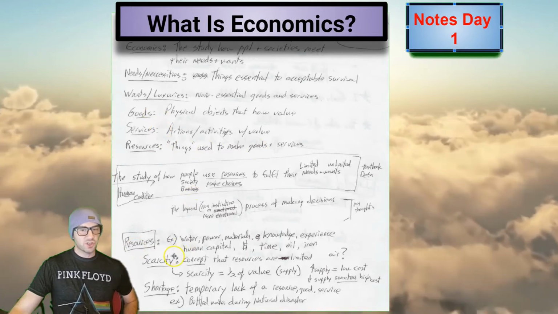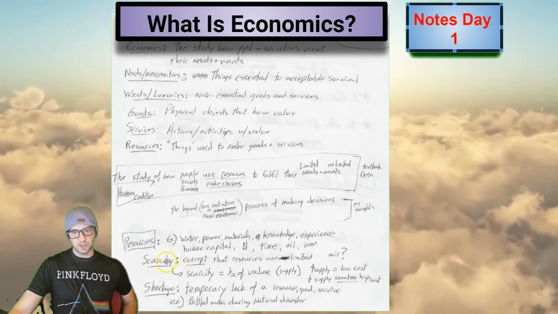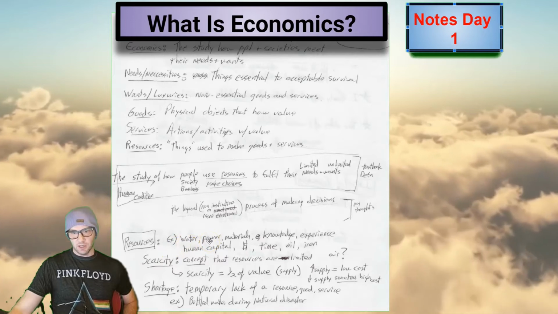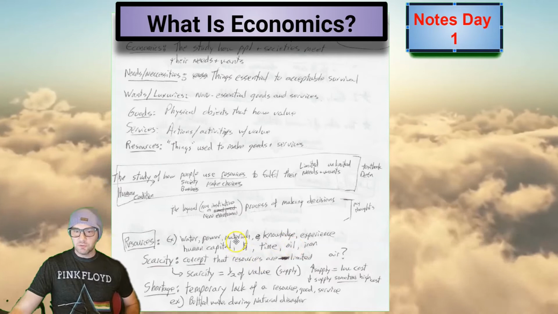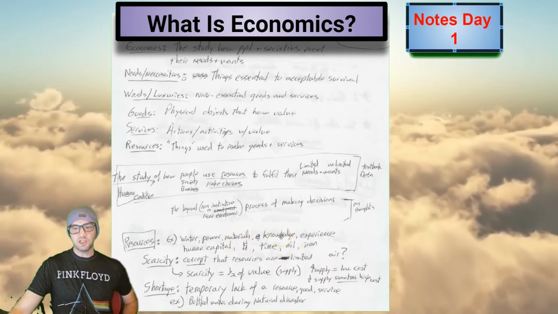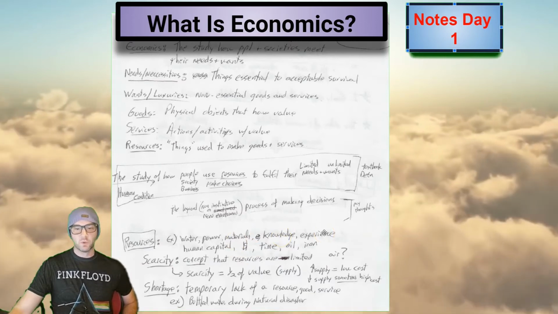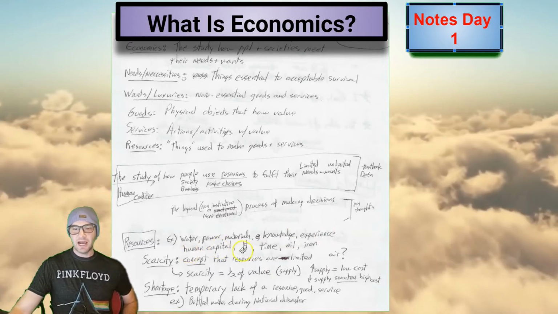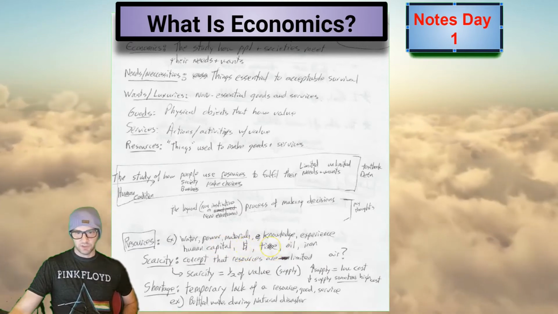For example, just think any raw material or anything used up in production of stuff, for example, water, or any of the power, electricity, any of the materials such as iron, such as oil. But don't just stick on the physical stuff as resources. Knowledge is a resource. You need knowledge to produce some things. Experience is a resource. Some specific words they use are human capital. Those are the workers, okay? Time and money are resources, okay?